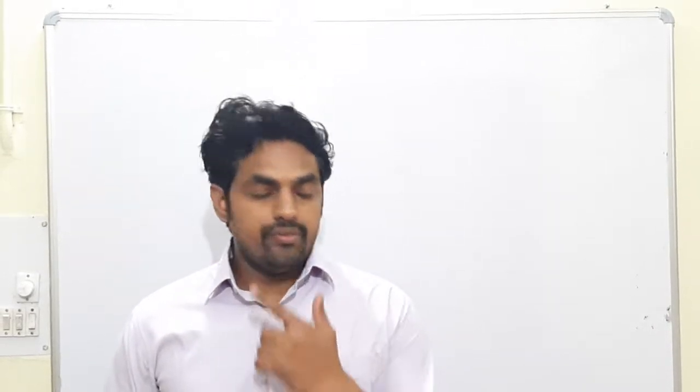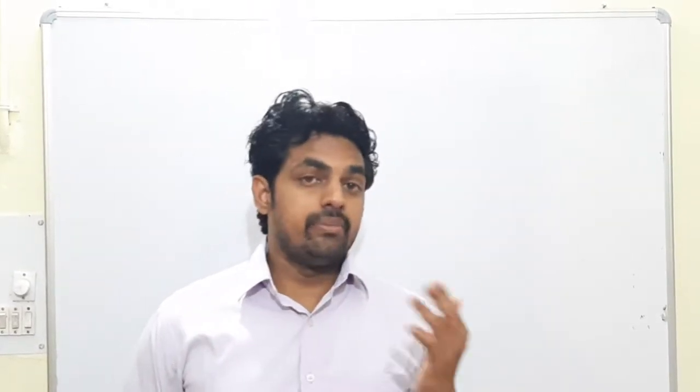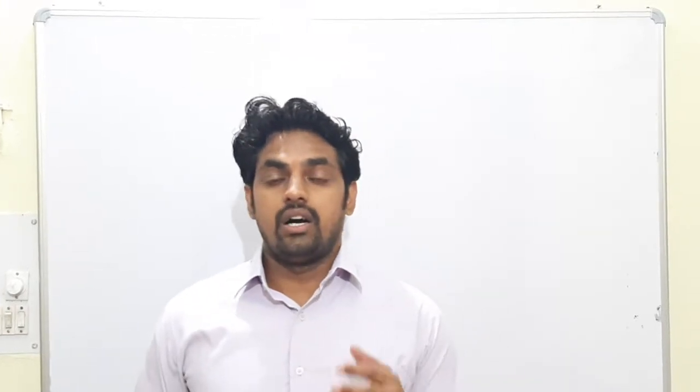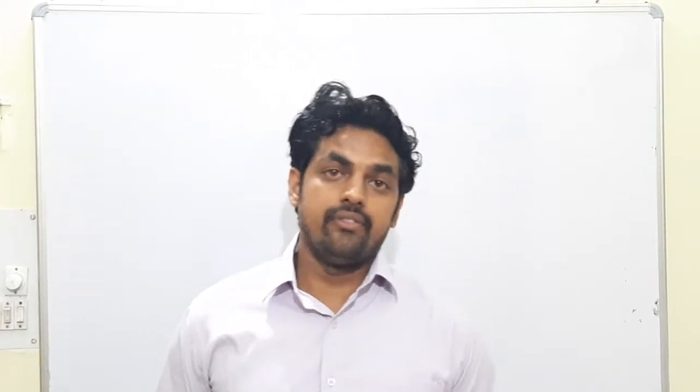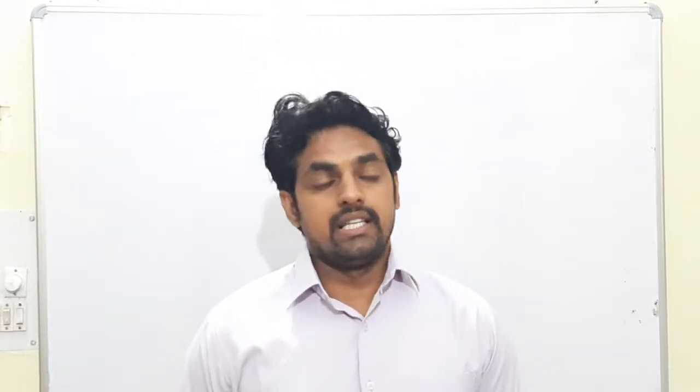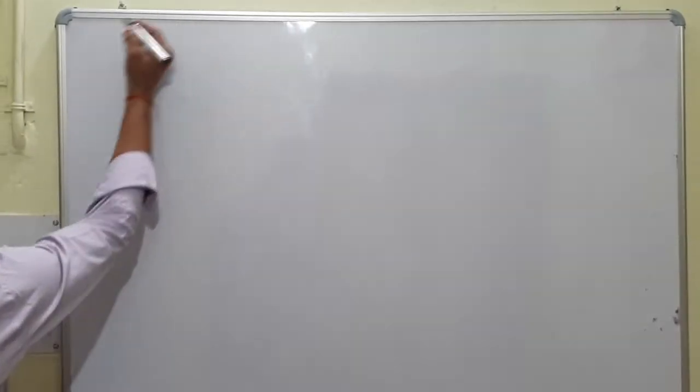This is the second video for class 10th chapter acid, base and salt. In the previous video we have studied what an acid is and what a base is. In this video we will study what changes take place whenever an acid comes in contact with a metal, metal carbonate, metal hydrogen carbonate, or metal oxide, and what the uses of acid are in our life. Let's start.